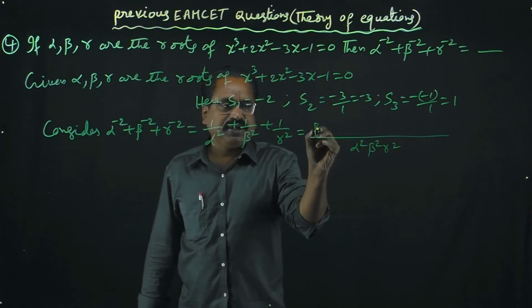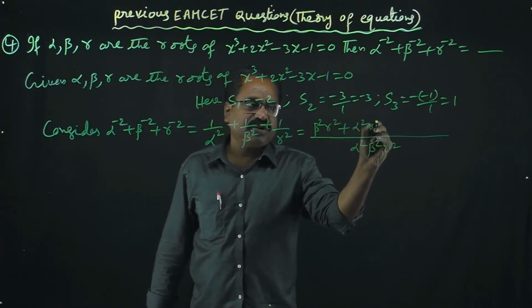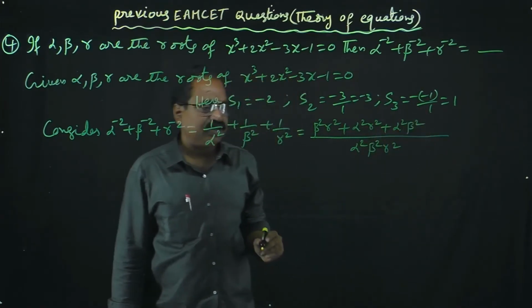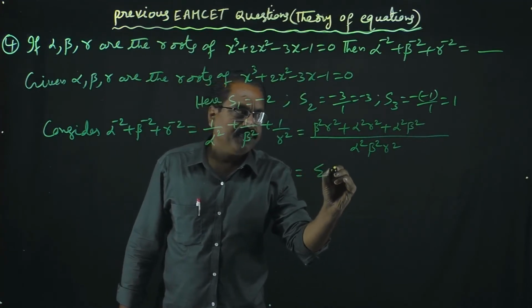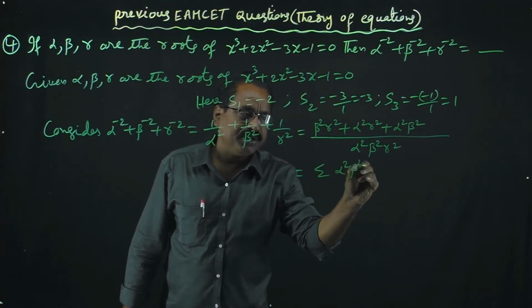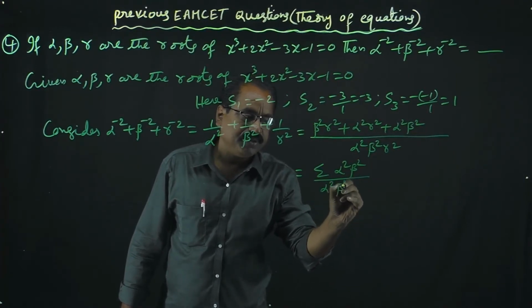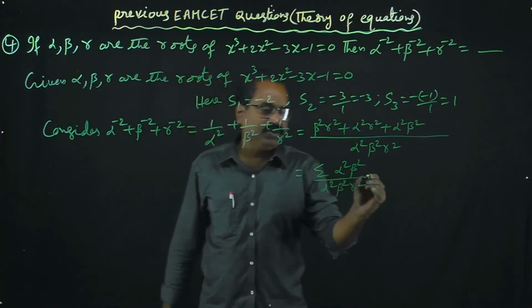Here beta square gamma square plus alpha square gamma square plus alpha square beta square. Now this can be written as sigma alpha square beta square by alpha square beta square gamma square, that is equal to